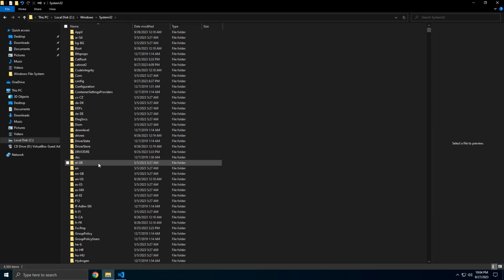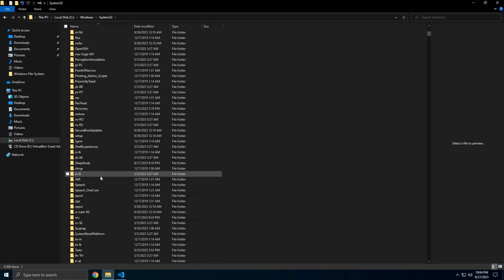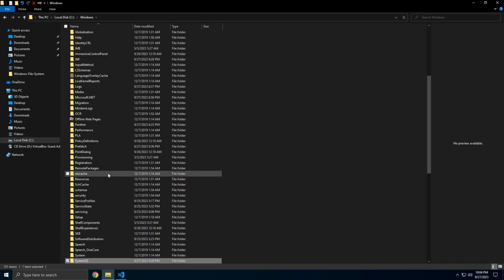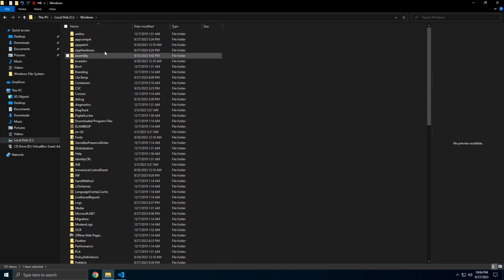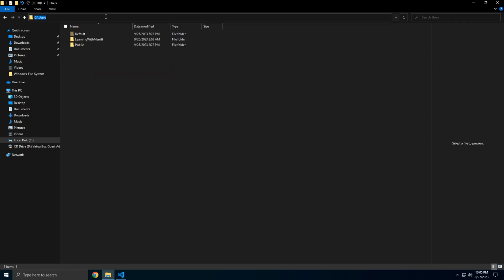This is where we store all the stuff for the administrator of the device. So you can actually operate as a System32 user. And that'll come up later whenever you're operating as the administrator of a computer. So let's go back here. And you'll see, by the way, that the path up here is changing. If I click on this, and I go to users, and I click on it again, look, now I'm